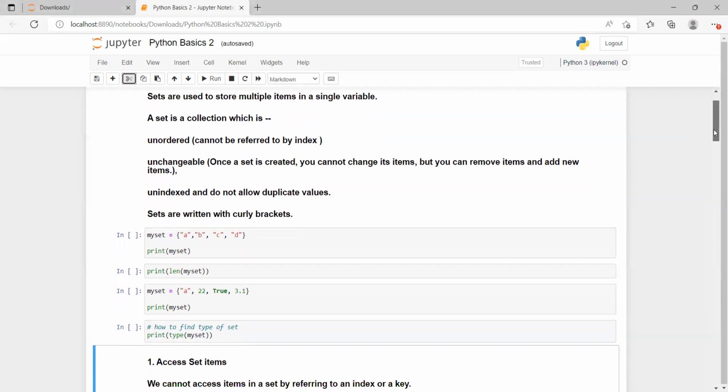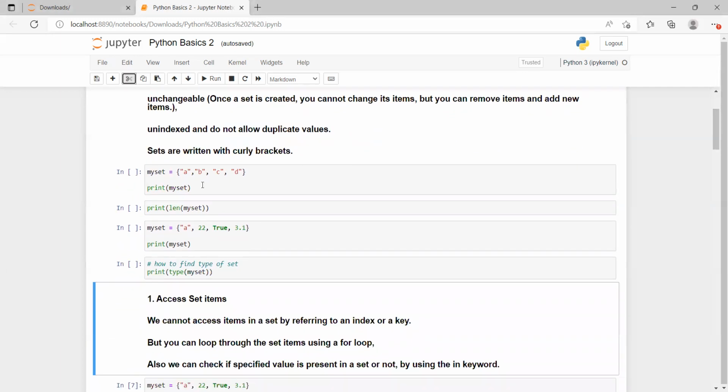So let us start the practical implementation. For example, here I have taken my set. This is nothing, I have just given the variable name. In this myset, I have assigned the values A, B, C, D, etc. And all these are given within curly brackets. And after that, we are going to print. Here we are using the print command, and in this print command we have passed this myset variable. So as we run this command,